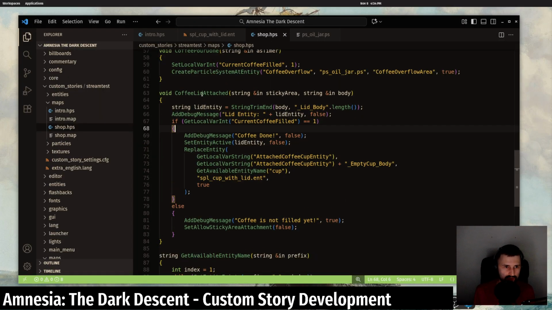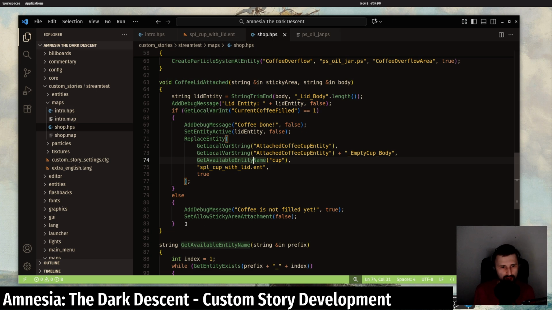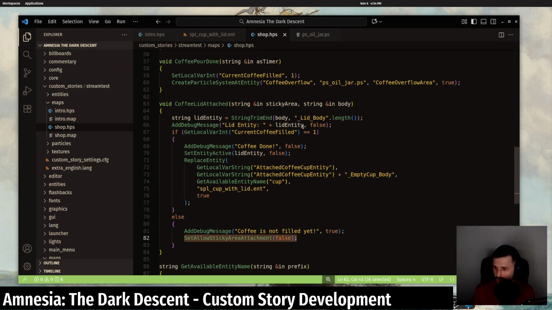We are currently in an attached callback, so we can in some way block the attachment, but we can only sort of do that with this one. But we can only do that for the lid. Maybe the solution is to replace the lid instead of the cup. You know, like do it upside down. That could work, right? Because then